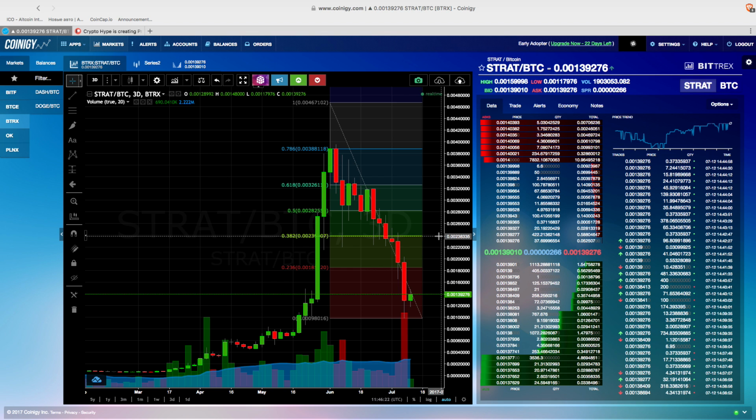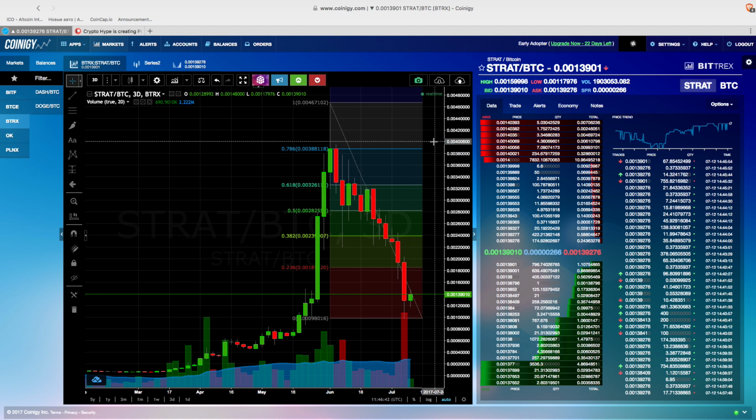If you guys are day traders, or only short-term traders, and you want to be certain that Stratis is going to have a comeback, just buy around the 38.2 Fib. Then you can try to sell it at the 61.8 Fib, or rather around this area, if you really want that quick profit. But for me, I'm doing it for the long term. I'm probably going to cash out when it's, I don't know, $50 or, God willing, $100. So I don't really care about the short term prices.